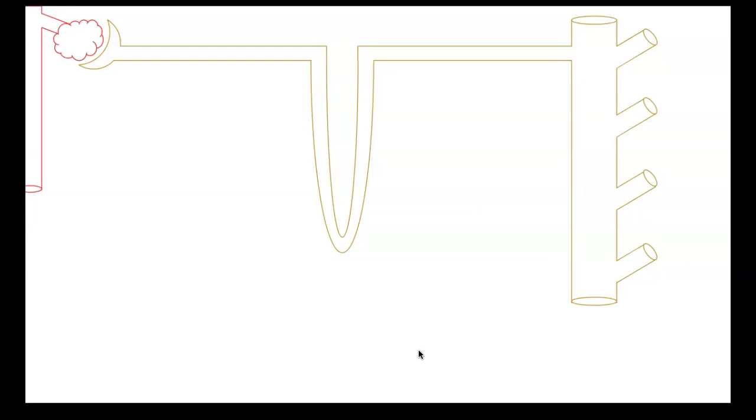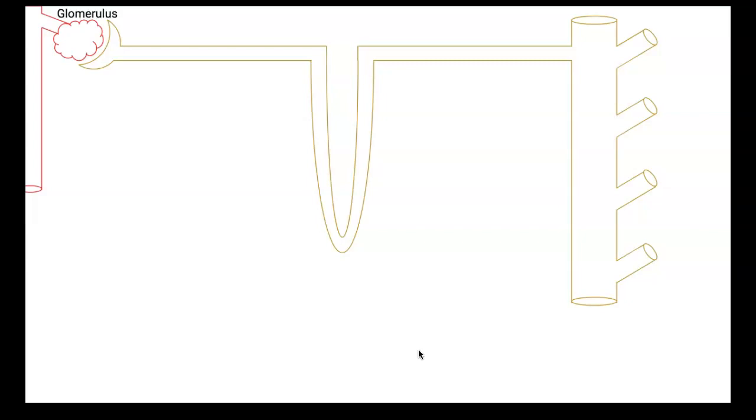So this is the picture that we're going to be drawing, that you guys have on the page that's empty that says draw a nephron. So this is kind of the outline if you want to start drawing that, and then we're going to label the parts, just so that in my next video when I go through what each part is doing, you know at least the parts of the nephron. So